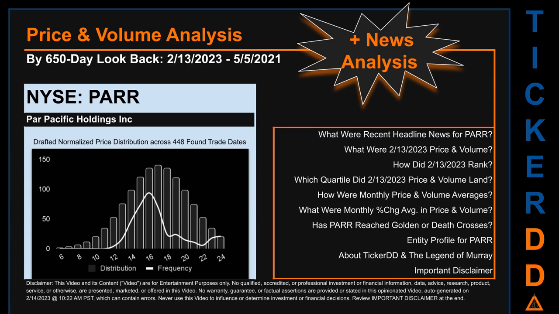The chart shown on this page is our initial attempt at studying the price for PARR after dynamically normalizing price distribution across those discovered trade dates. The bar chart is the generated distribution and the overlaid line graph, if it is generated, is the frequency of the prices on the x-axis. We will enhance this look through as our AI model progresses in the next iteration.